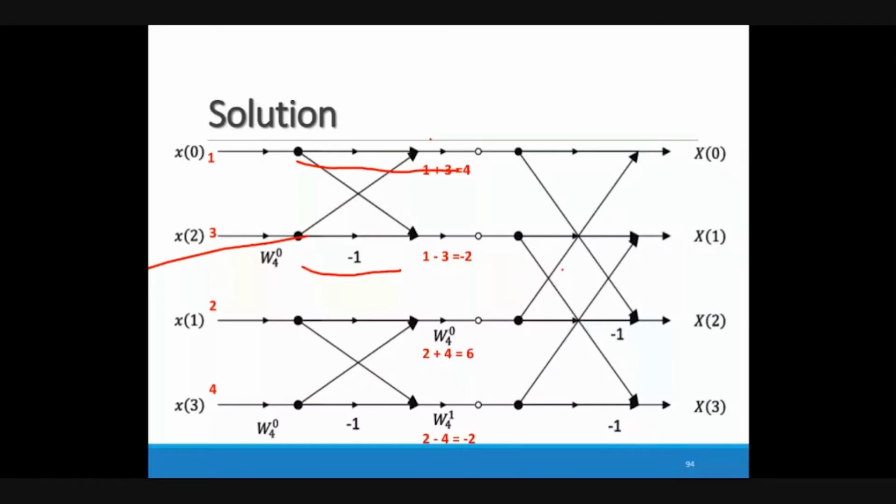This is the first stage of 4-point DIT algorithm. For the solution of this example, we have taken the data x of n 1, 2, 3, 4. First, we apply the bit reversal to change their position as per our required algorithm. So x0, x2, x1, x3. Our values are 1, 3, 2, 4. Then we apply the single stage butterfly. In that, we are getting the output, that is 4, 2, 6, and minus 2. All of you clear about this or having any query?